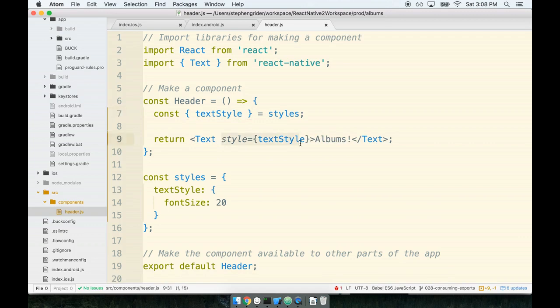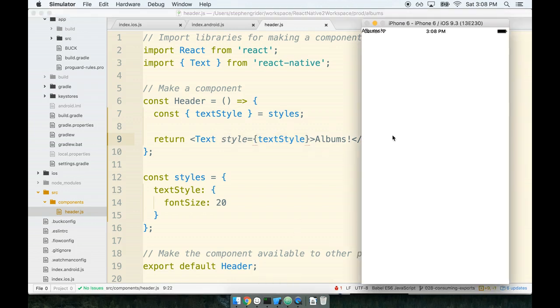This syntax that we just used right here is referred to as a prop, which is short for properties. We're going to talk about properties or props at great length with React. For right now, let's just focus on the styling aspect of it. So we'll come back later and talk about this particular syntax, but for right now, let's just check out our simulator and see what this looks like. So back in my simulator, I'll hit Command R, and hot dog, sure enough, we've got a larger Albums appearing